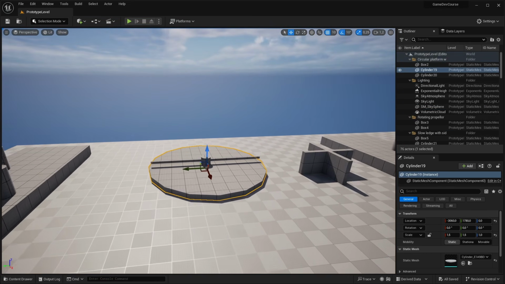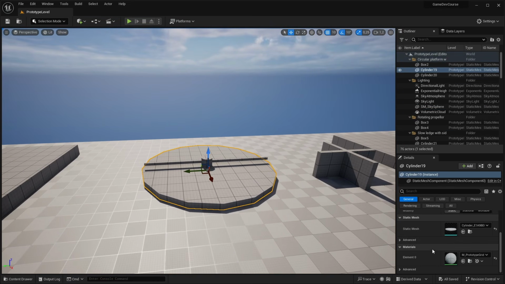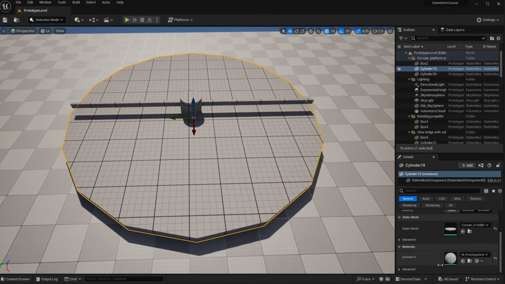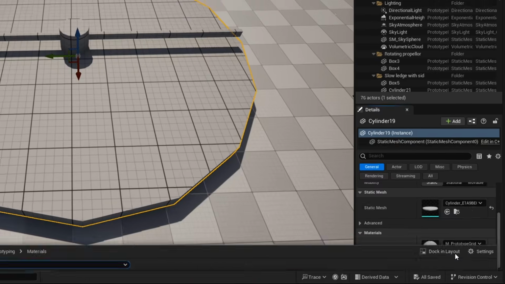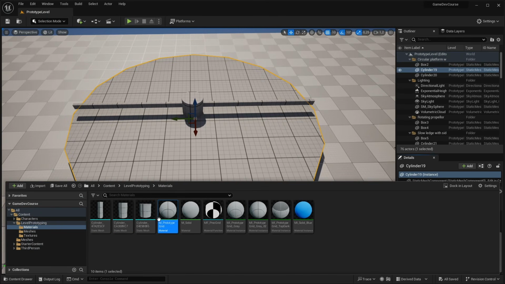We just click on one of the meshes, we scroll down till we see the material that we used. So that's just this square grid. Then we look for it in the content browser using this button. And that will bring us to where this asset is saved in the content browser. Now we're going to make a material instance. So that's basically just a child of this material. And what we can do with it is very easy and pretty cool actually. We're going to call this